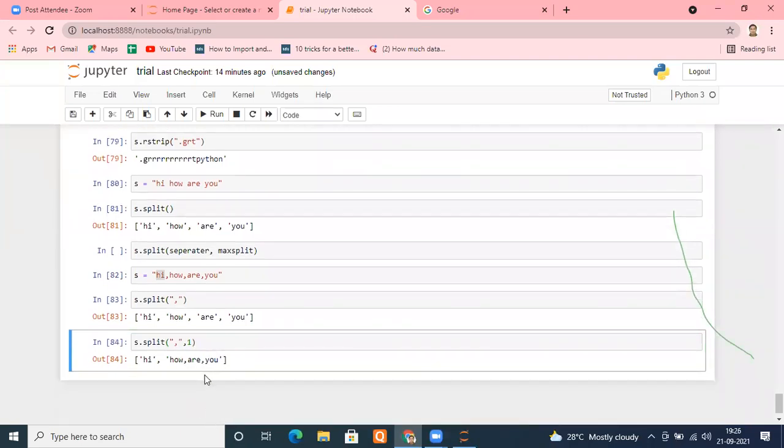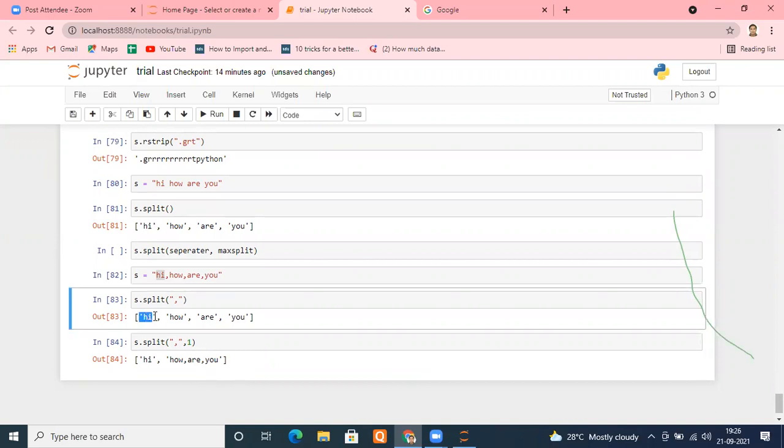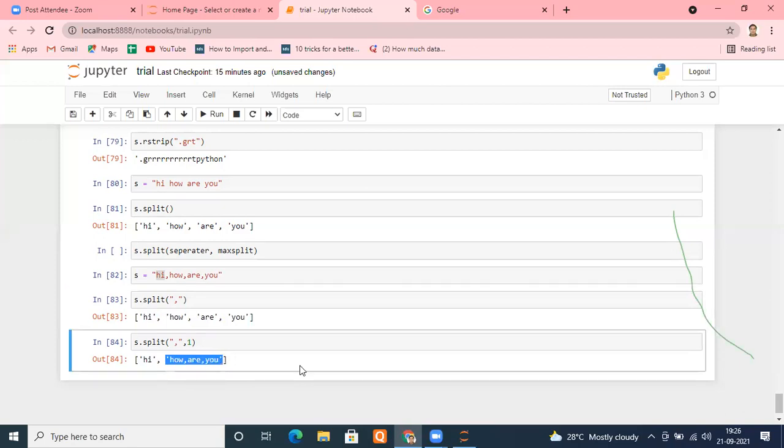I want 1 split, means I want to break only once. So what has it done? Once it has broken. See, hi it has taken separately, but these 3 are still considered to be part of only 1 string. Please see properly, they all are under 1 quote only.